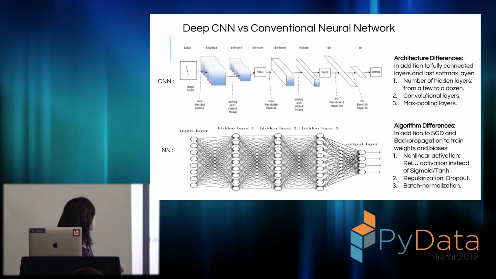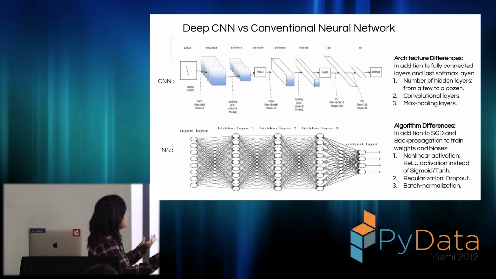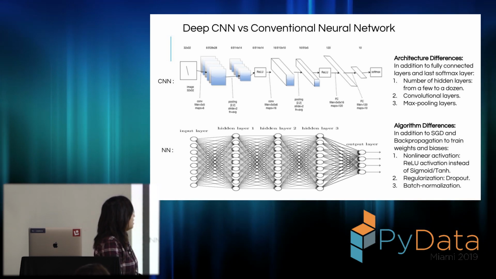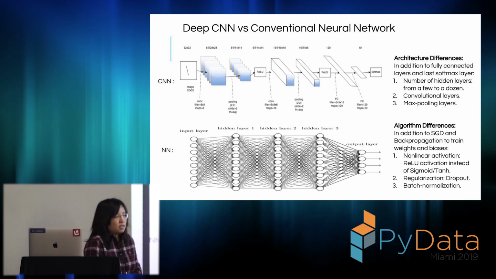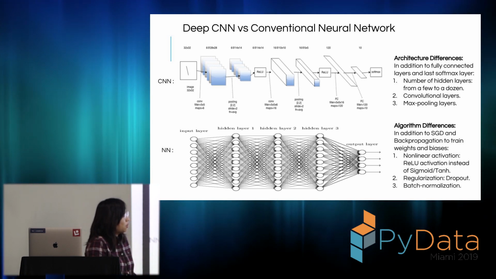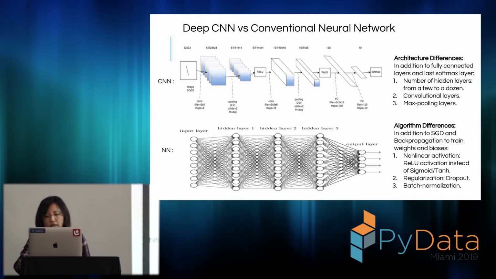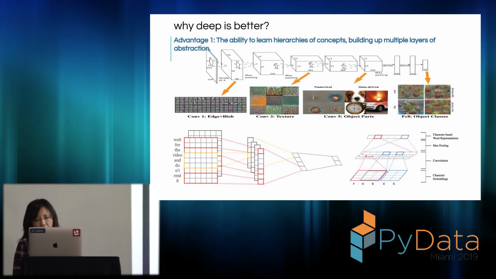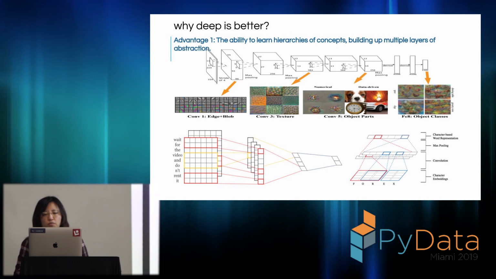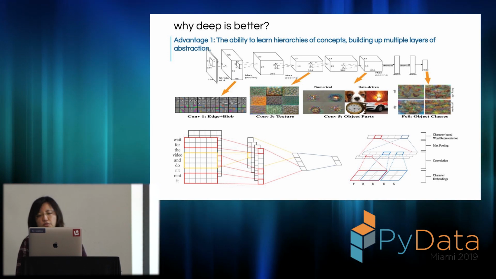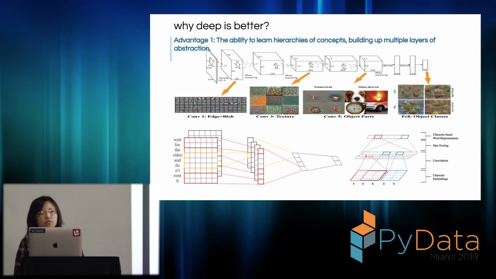And when we have a lot of layers, there will be exponentially many trainable parameters, so it's easy to overfit. So another relatively new technique called dropout was introduced. As we can see, we have to use all these types of techniques to make a deep neural network work. So why bother with this trouble to make a neural network deep?